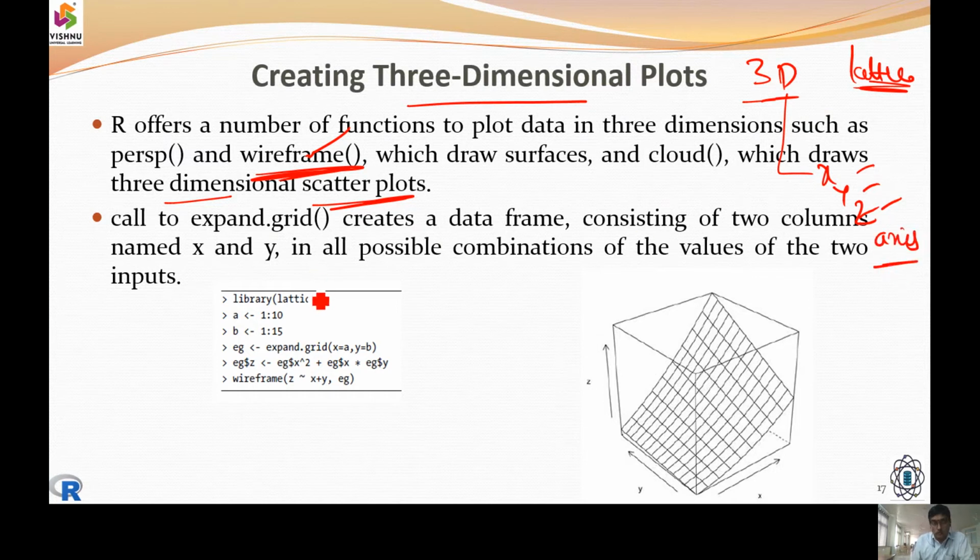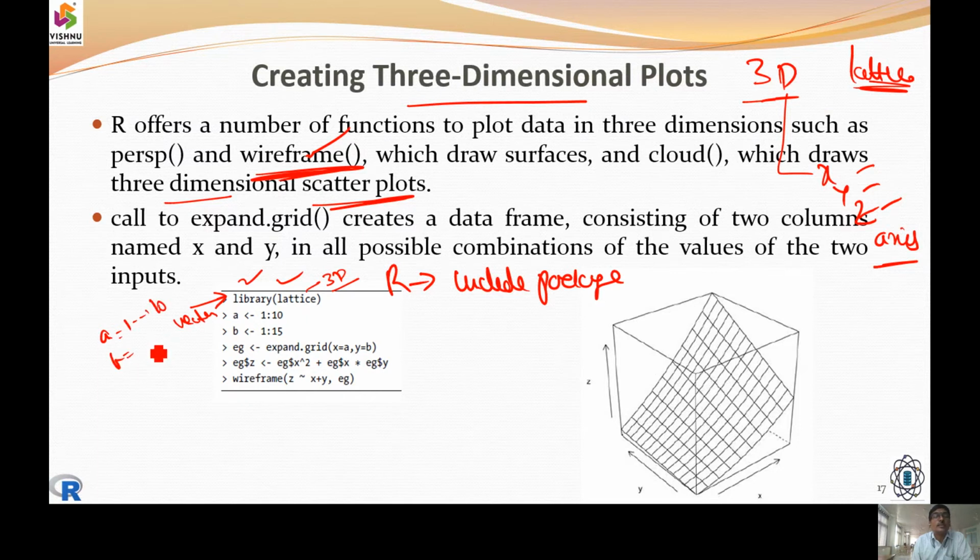Now in our language, we need to include the packages. We can include the packages by calling up the libraries. So we can call up the library lattice. This is especially used for 3D graphics. Now assume A is a vector assigned with values 1 to 10.